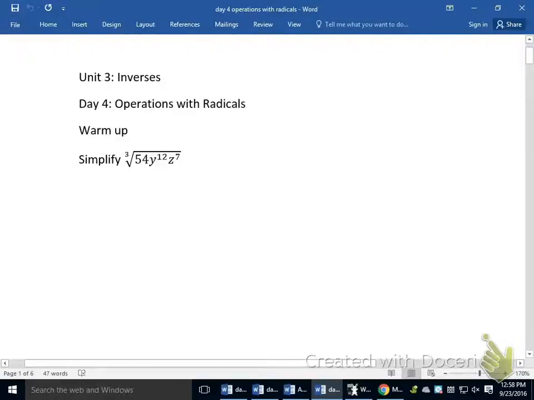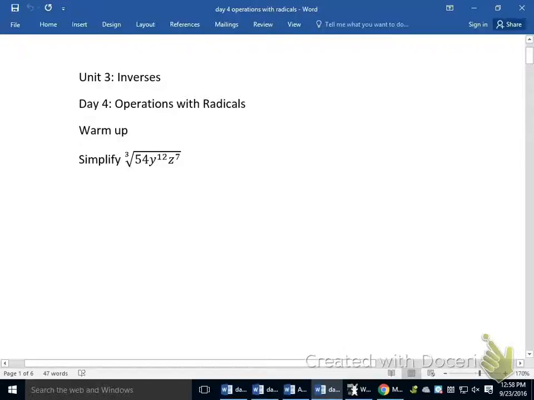Alright, welcome to Unit 3, Day 4, Operations with Radicals. Now, something that I'm going to emphasize today is that I'm going to be working with radicals. You're going to see me leaving them in radical form. But if you prefer the rational exponents that we worked with yesterday, please go with that. You can actually use